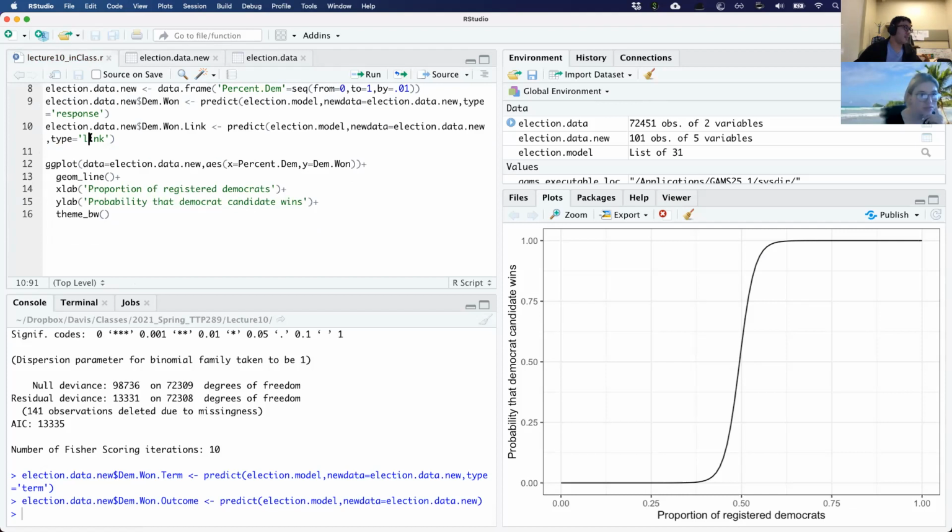So the link is going to be the log of the probability outcome. Okay. I think I found the page that describes it. Under arguments, they have type and they describe what each type response means in terms of a binomial model.